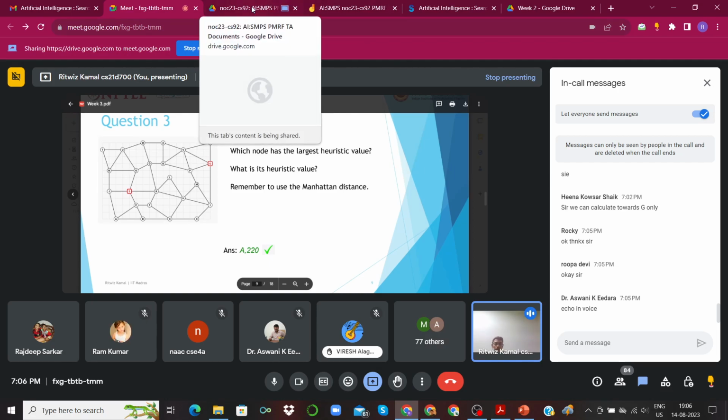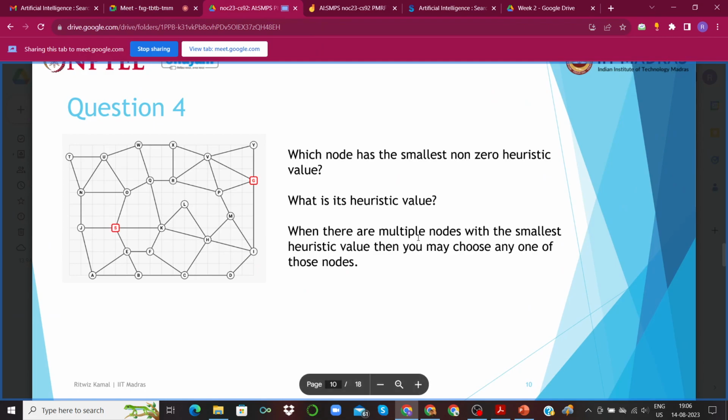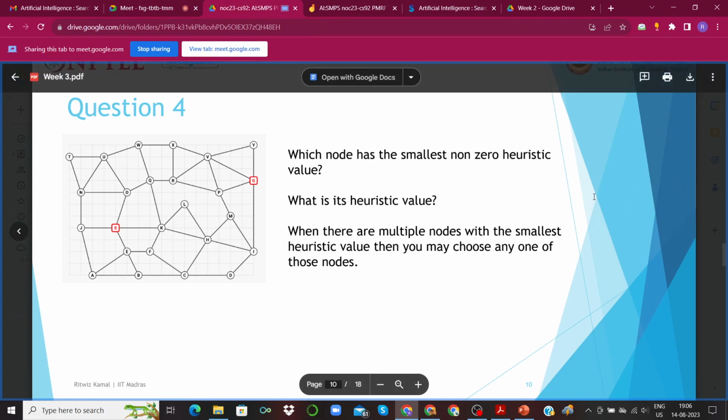Okay, so now let's move on to the fourth question. In the previous question, we found out which node has the largest heuristic value. In this question, we have to decide which one of the nodes has the smallest non-zero heuristic value and report what that value is.